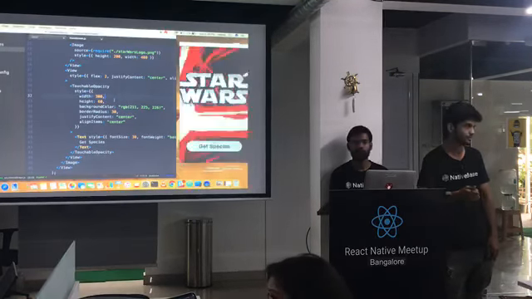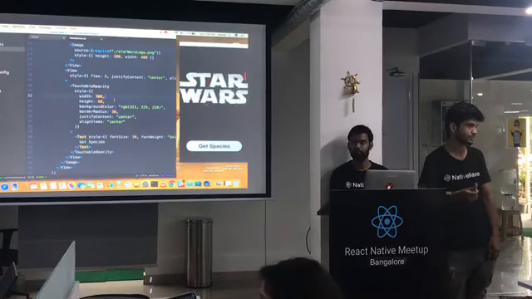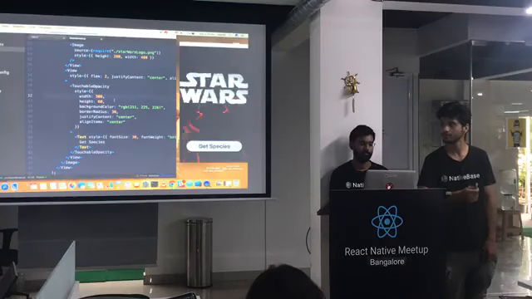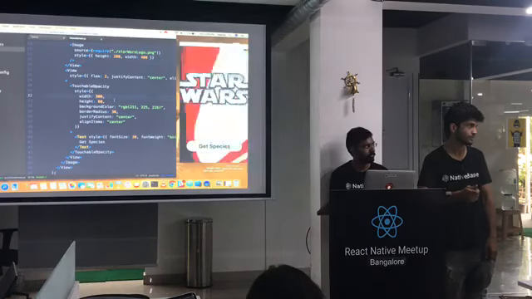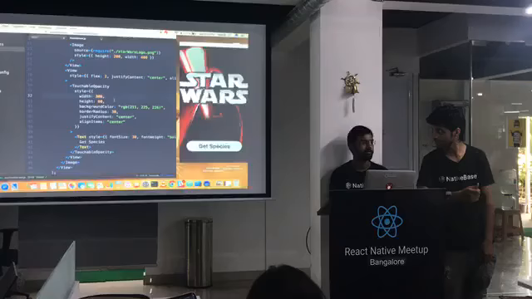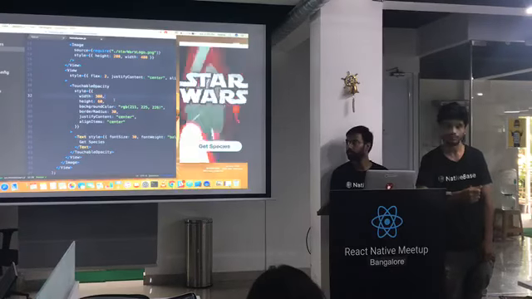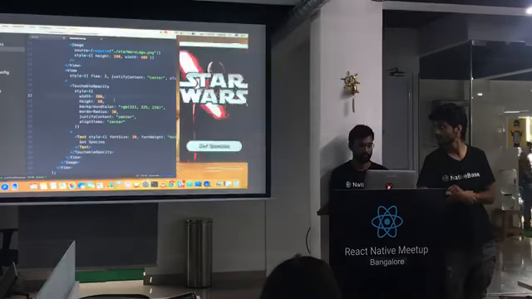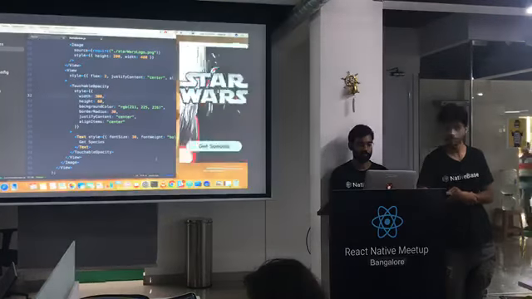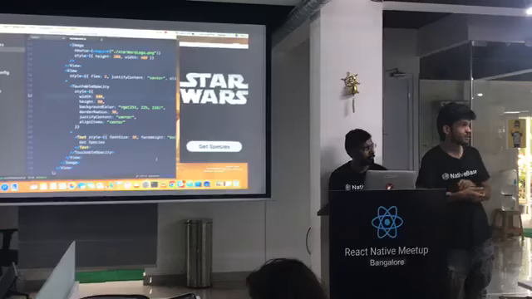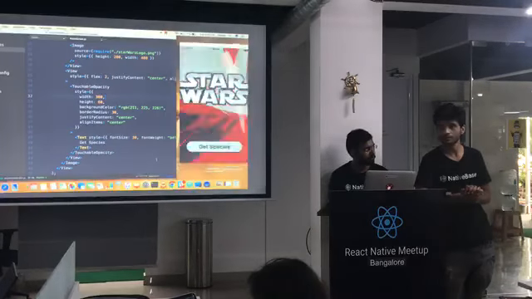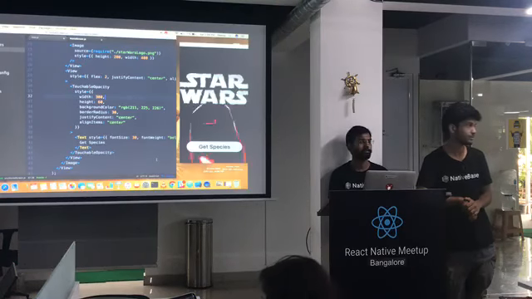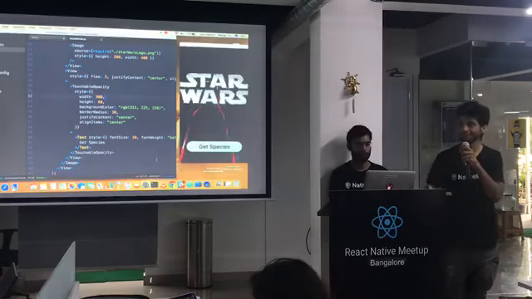Say if you want to hide some element, in traditional JavaScript you would select that with ID and pass that style display none. But in React and React Native you would just have a variable and change that variable from true to false, and write the conditional in your view so that whenever that variable changes, it doesn't render this part. So the concept is totally different. This is not with React Native, but with React in general. The concept of conditionals and selecting the elements and all those things.